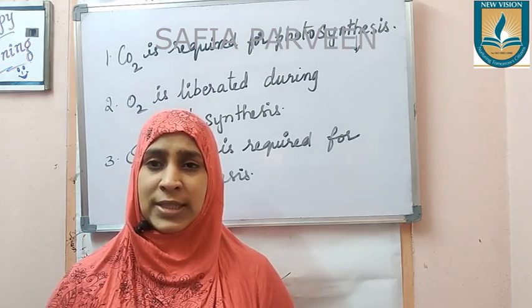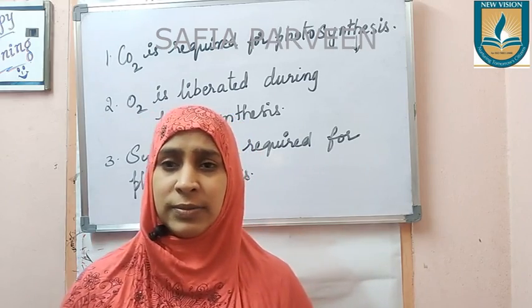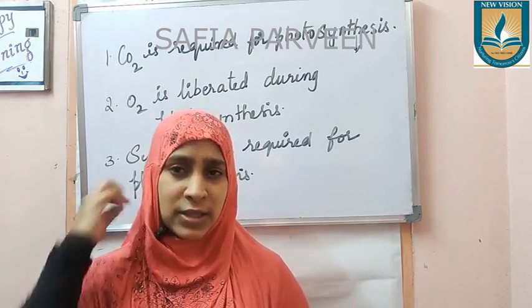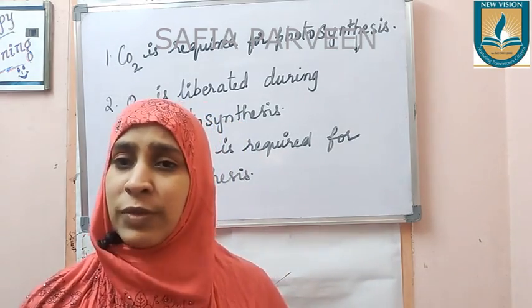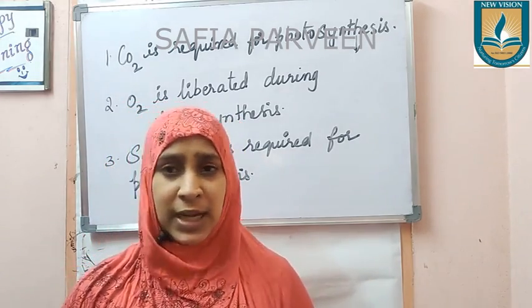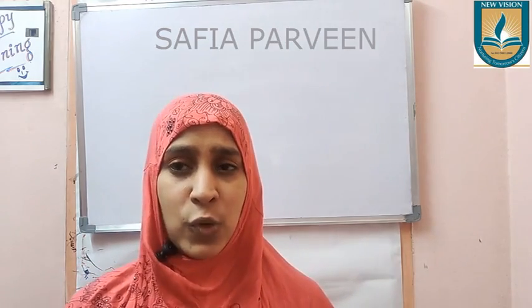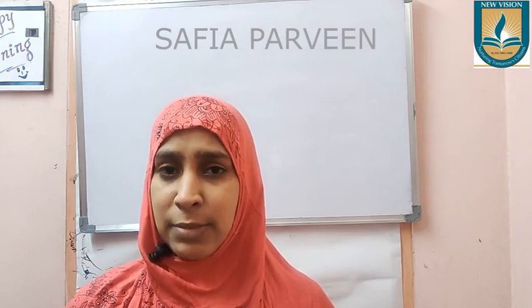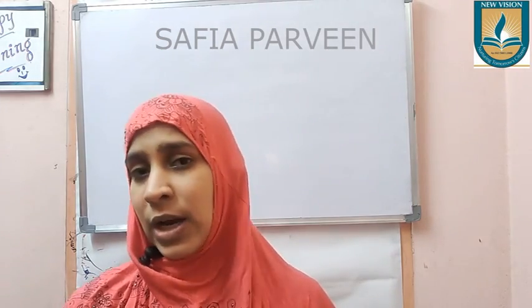How does photosynthesis occur? What is the process behind the photosynthesis? And where does it occur? But before that, answer my question. Which part of plant is responsible for photosynthesis? Nothing but leaf. And in which part of leaf does this photosynthesis occur? It's nothing but chloroplast. So before starting the mechanism of photosynthesis, we need to go through the structure of chloroplast. Then we'll continue the mechanism of photosynthesis.